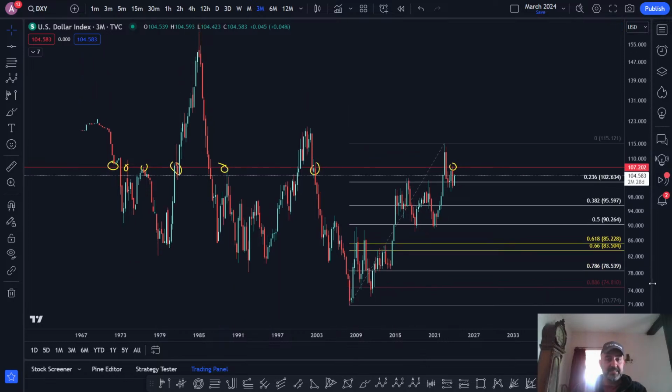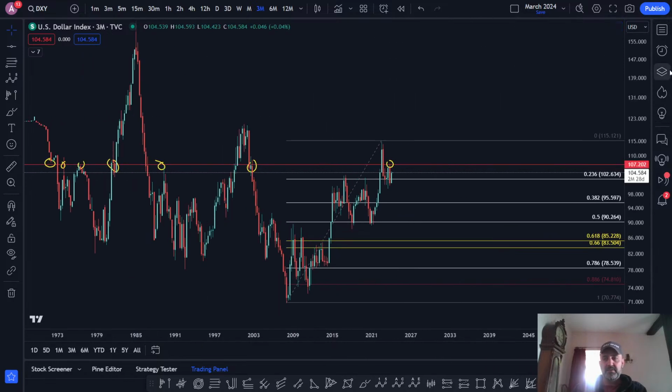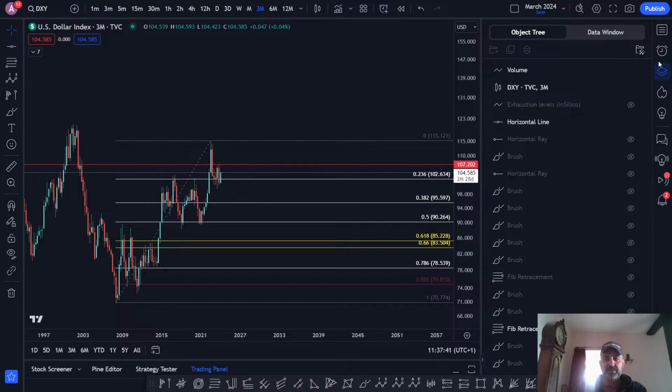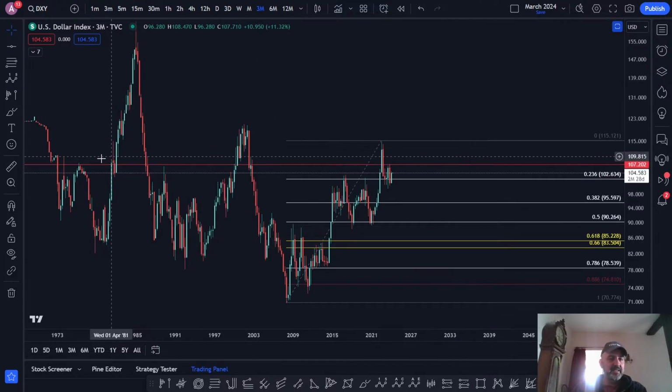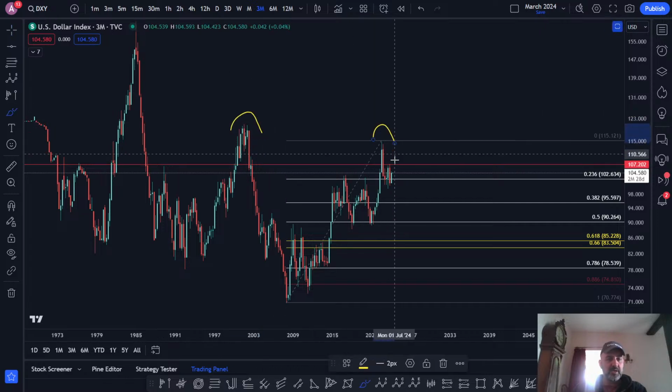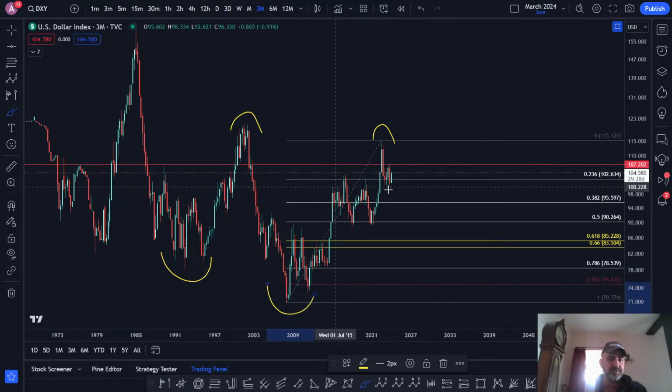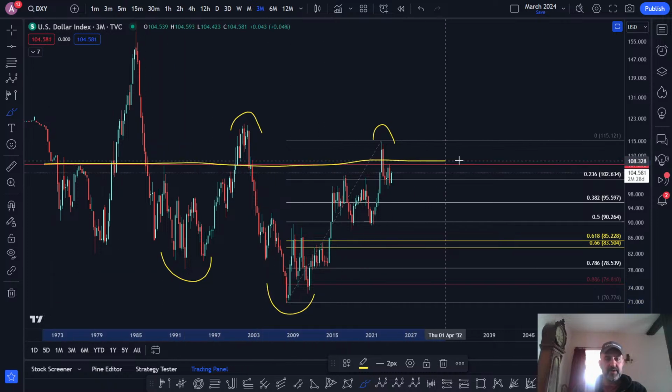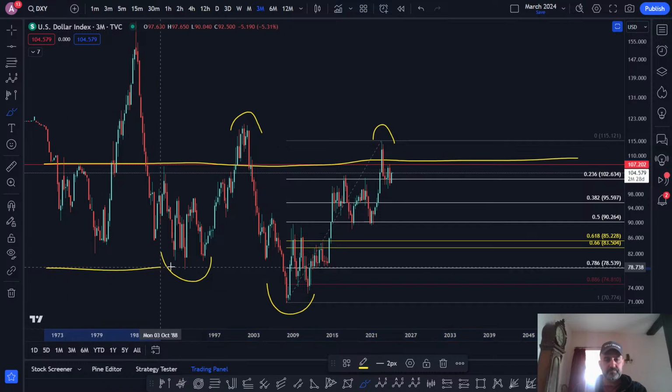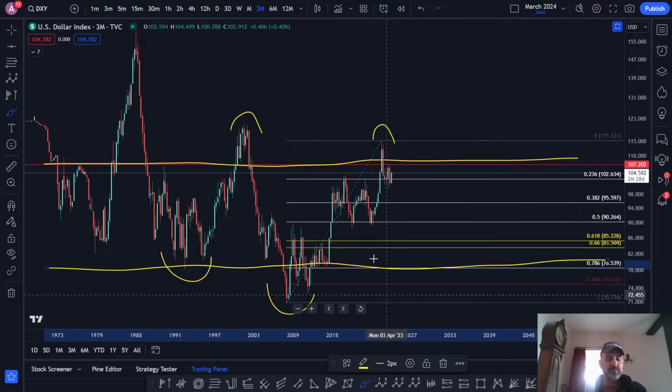So right now, as far as I can tell, the DXY has failed to reclaim a higher time frame support and resistance line into support. And then also what I'm seeing on the higher time frame is a lower high. These are lower lows. What we're putting in now is a lower high. We've lost the key SR flip. We've back tested it as resistance, and as far as I can tell on the higher time frame, we're at the top of this range.